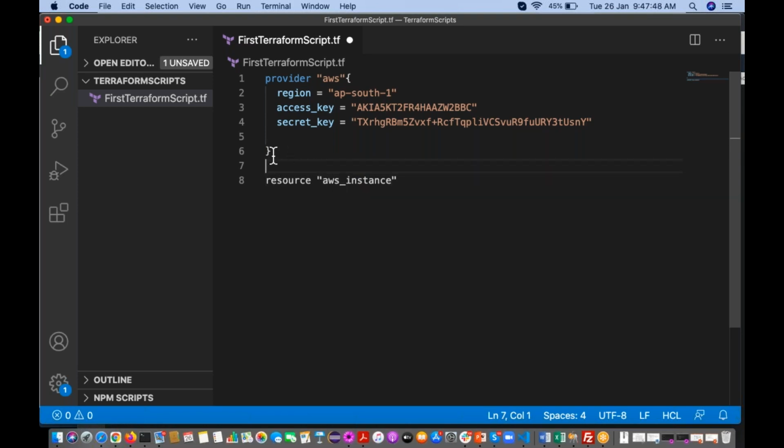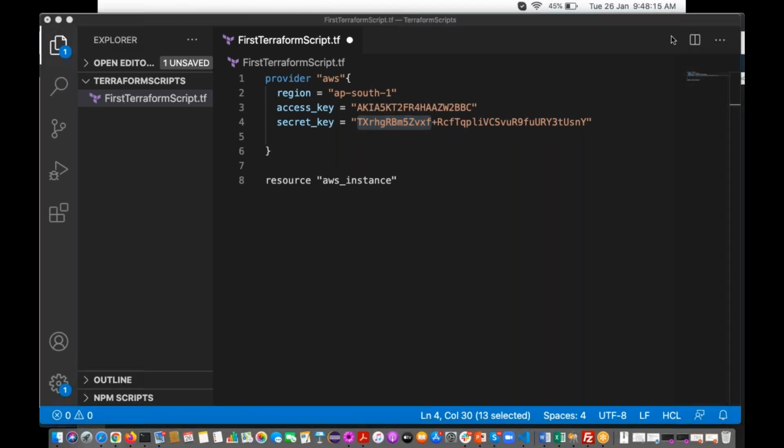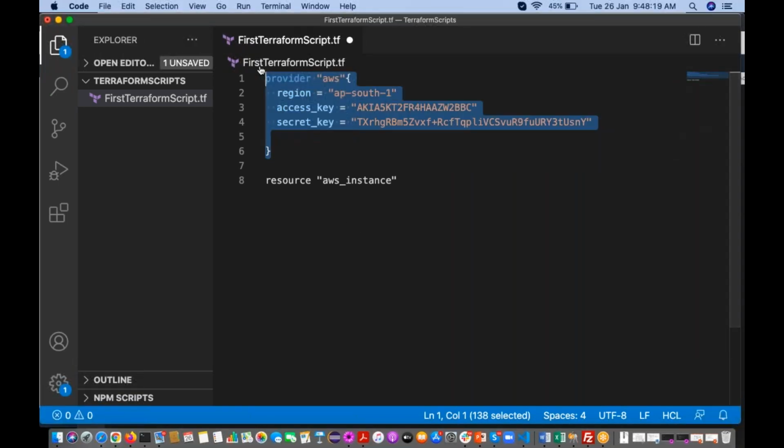Guys, see here, whatever we used so far, these keywords provider, region, access_key, secret_key, are all in lowercase. Whatever I have used, you have to use exactly. And here also, you have to use exactly aws. And the region name where you want to create, you have to select it. And this access key and secret key, you know how to get it. Clear? Anybody have any questions so far? No questions, right, about this script?